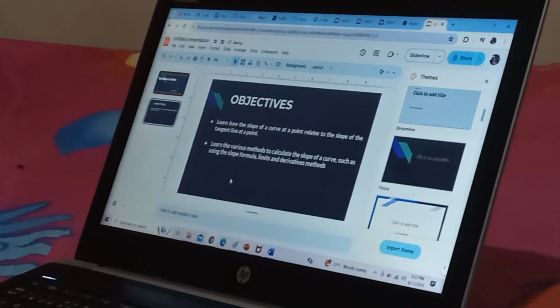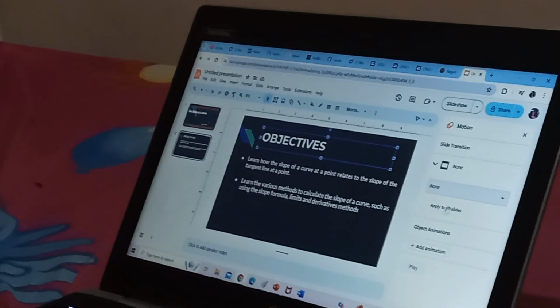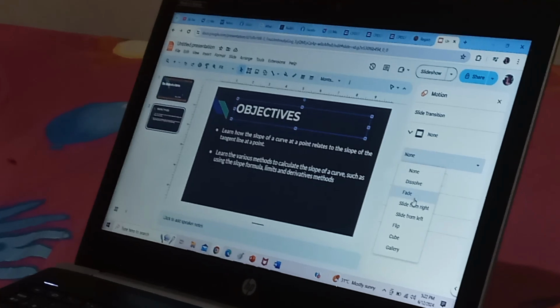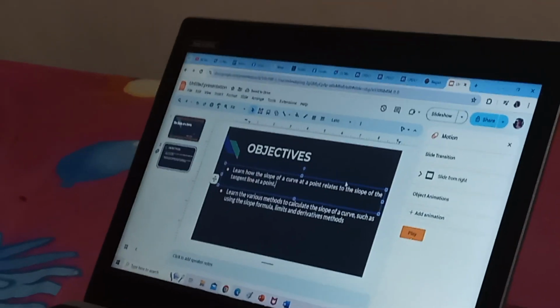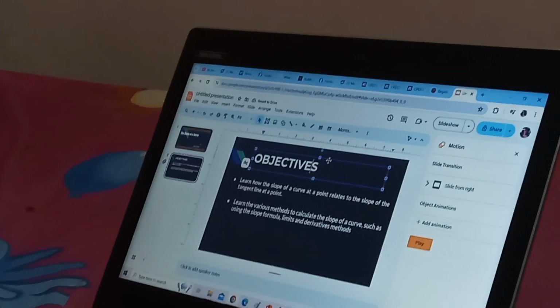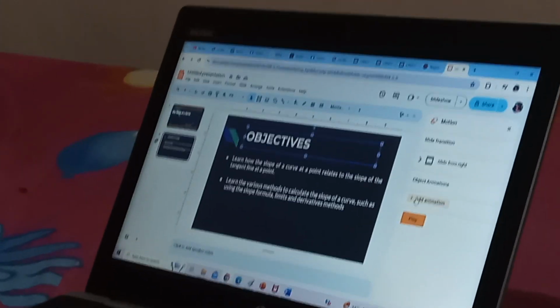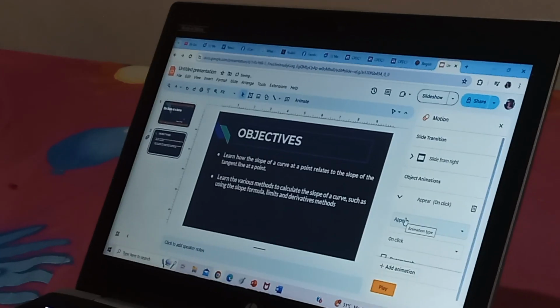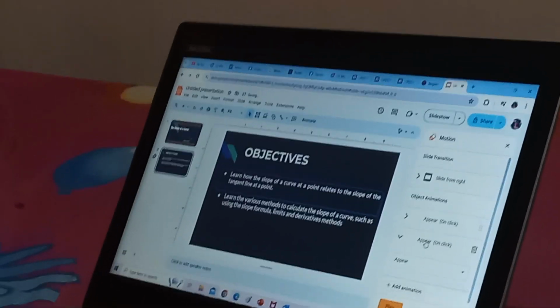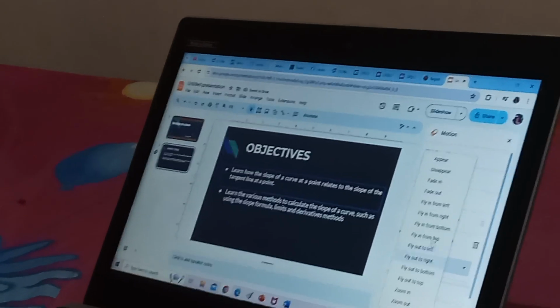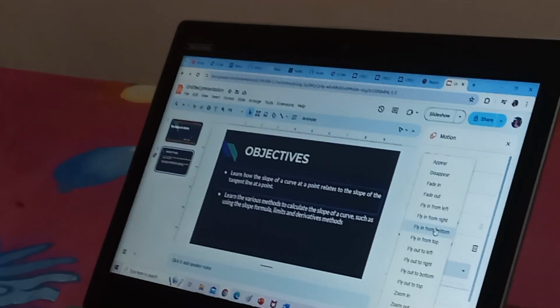Okay. Then if you want animations or transitions, you go to slide, then apply the transition, slide from the right. Then if you want to add animations to each text box, click add animation, then appear. Then for this one, add animation, then fly from top.